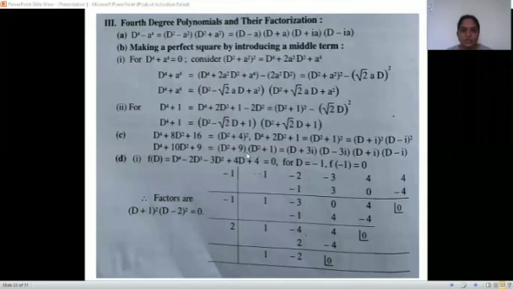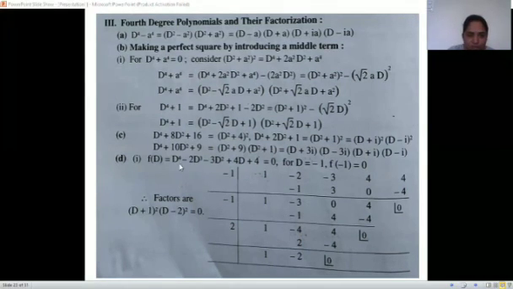And next we can solve for that. D square plus 9 equating it to 0, we get D square is minus 9. Taking square root on both sides, we get D is equal to plus minus 3i. And equating this to 0, we get D square is minus 1. So we get D is plus minus i. So writing this here, we'll get the roots.